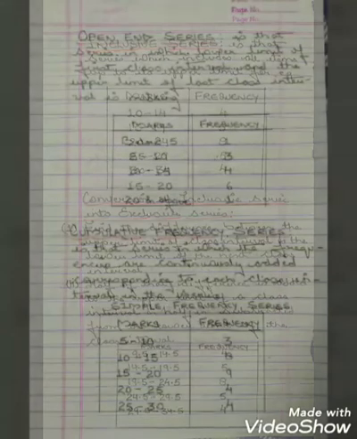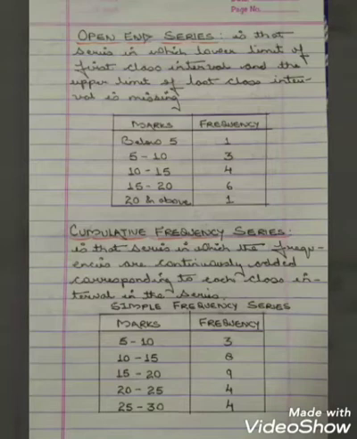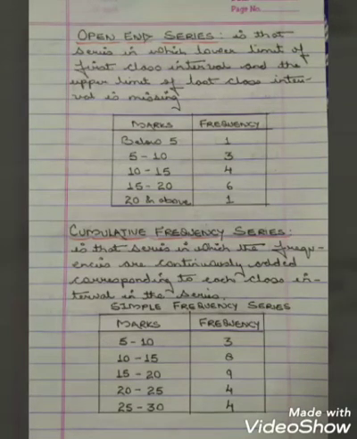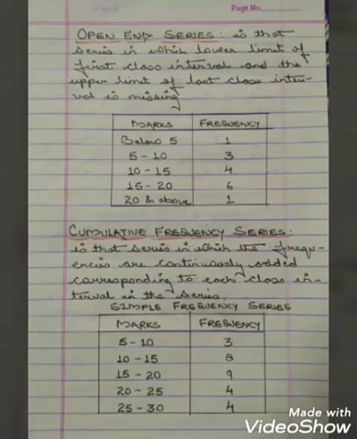Now next comes the open-end series. When we talk about the open-end series, children, this is a series in which the lower limit of the first class interval and the upper limit of the last class interval is missing. If you see on the table, I have drawn for you, over here if you see,